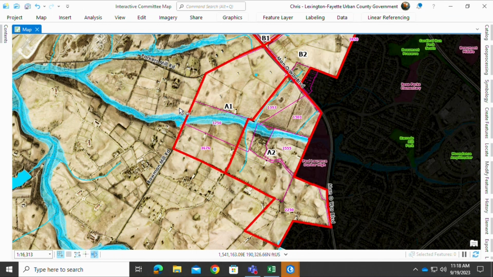B1, B2, they're already an island. Remember what the landowner said. It was very difficult to farm the B area because it was essentially surrounded by suburbia. Well, you throw in one of the A's there, and you have absolutely made B1, B2 an island. And that you just can't farm that.